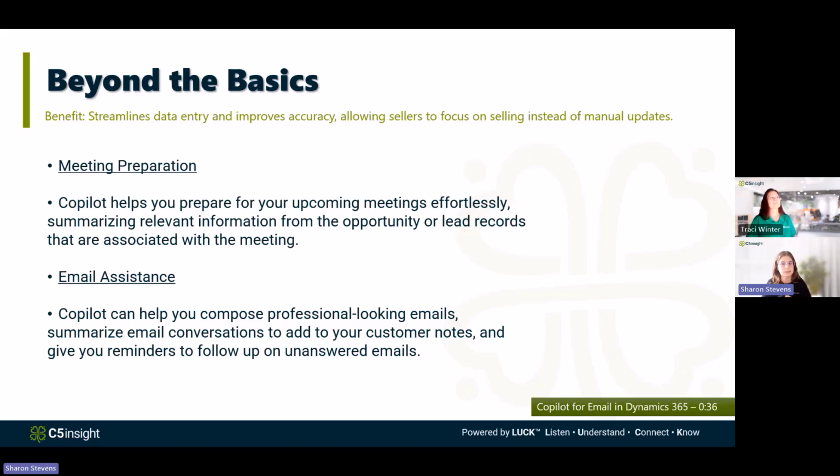Second is going to be email assistance. I know we've probably all seen this one, but Copilot drafts professional emails, summarizes long threads so you can drop in with your own notes and not have to read through the whole thing, and reminds you to follow up on emails you haven't answered. And the last one is huge for pipeline hygiene, because most deals don't die in negotiation, they die in unanswered